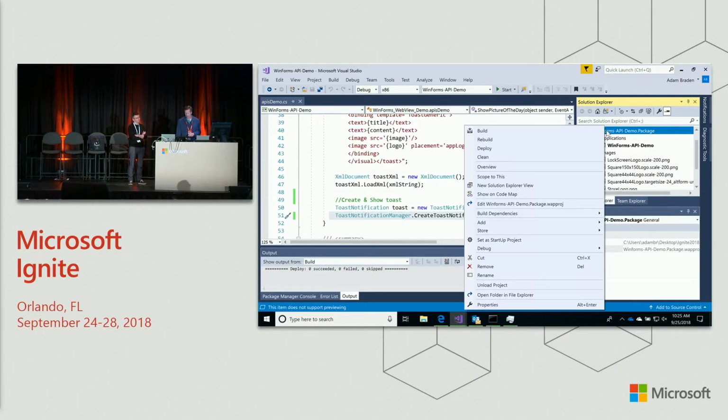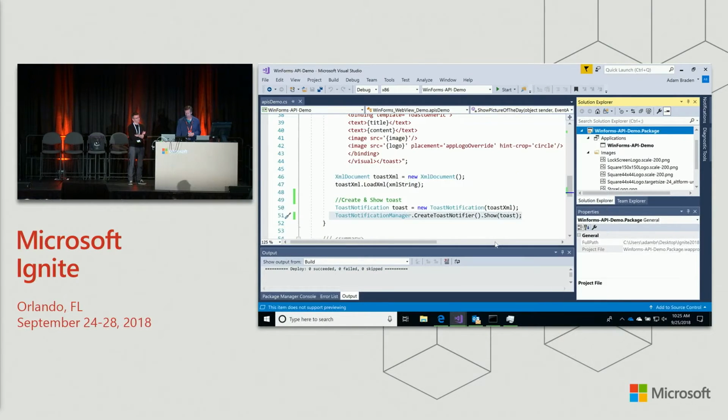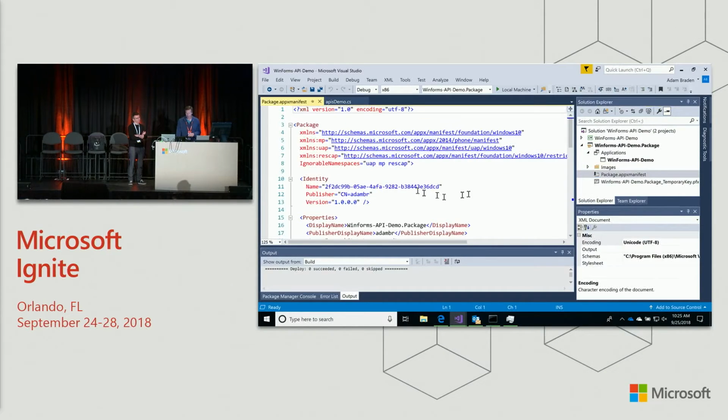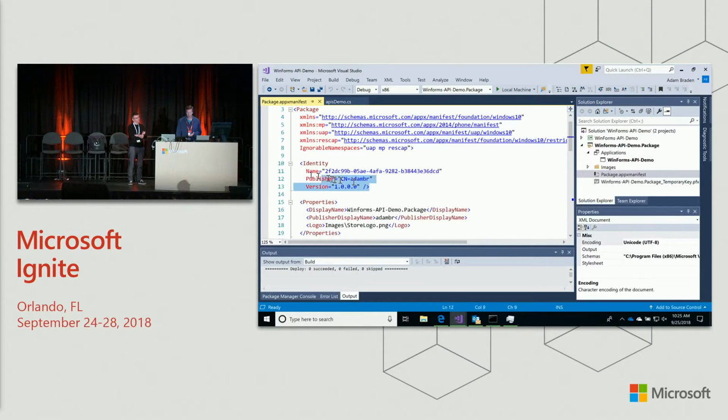So if I set this application as startup, and that's it, I really haven't changed anything else, I'll show you the code behind on the manifest file. So when you create this packaging project, it creates a manifest file, and this is the identity that my application is registered with. I can customize this name, but it also identifies the publisher, so you know who created this application. And now if I run it,